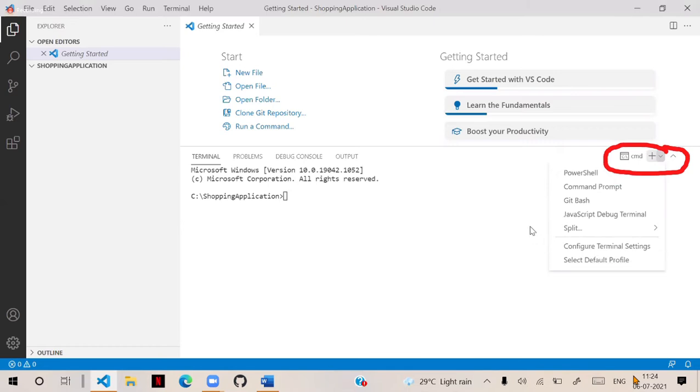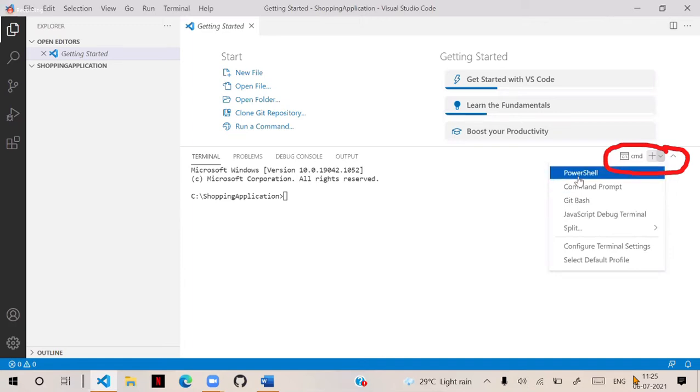Sometimes by default it will have PowerShell. That PowerShell requires some additional installation to work correctly, which you don't have on your computers. If it already comes with Windows, that's okay. Windows gives a PowerShell related library, which works by default if you have a genuine complete Windows. Otherwise, select command prompt here.